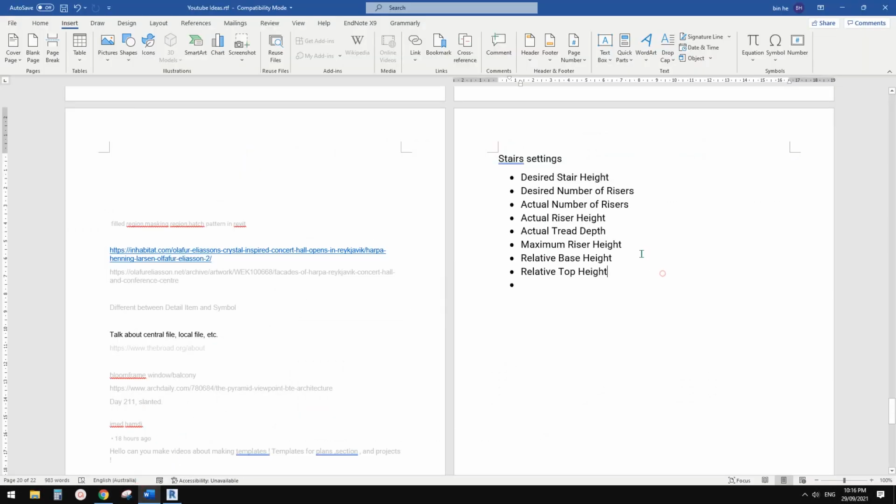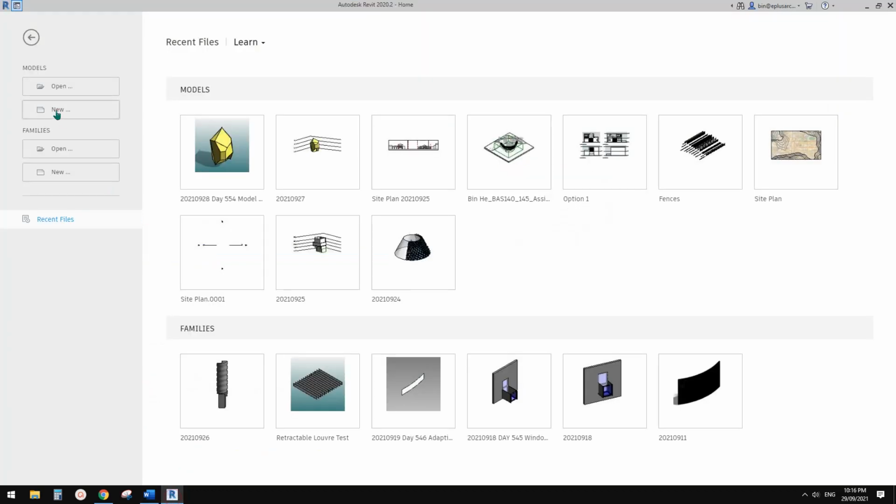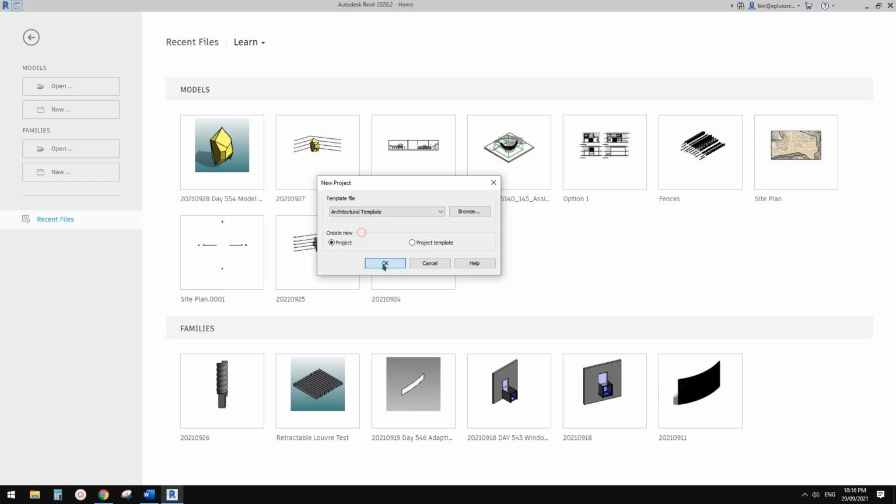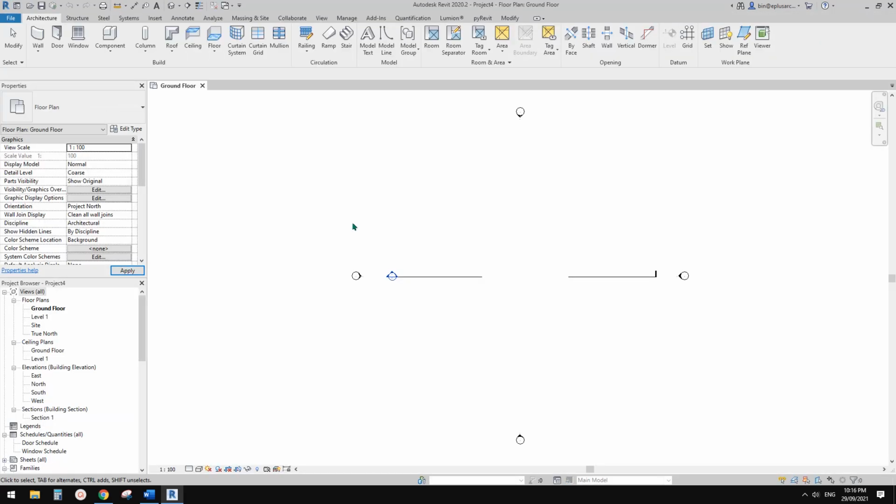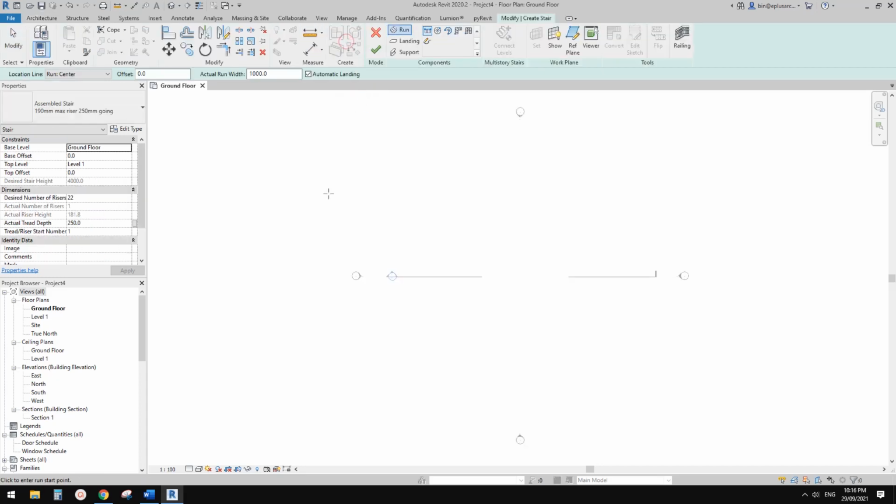Today we're going to talk about some settings of stair. These are only part of the settings. So let's start. First, I'm going to create a project. Now go to Architecture. So here, that's Stair. Click on Stair, and now we will see